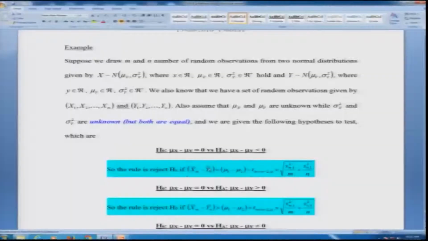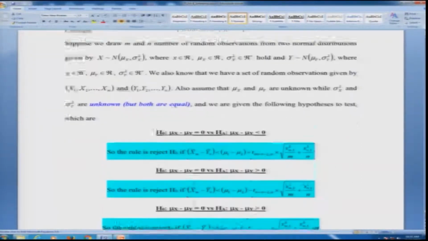So, obviously the rules for the less than type, greater than type and not equal to type are, as I am mentioning, consecutively like this. The difference between the sample means being less than or equal to the difference between the population means minus the t value, where the t value is with suffix m plus n minus 2 comma 1 minus alpha. Alpha would not be any different for the T distribution, because if you remember I did mention it is symmetric, but only the minus sign is coming. So, it will be m plus n minus 2, and actually it is 1 minus alpha